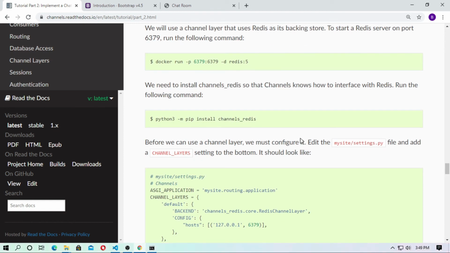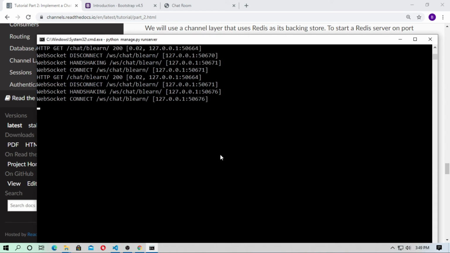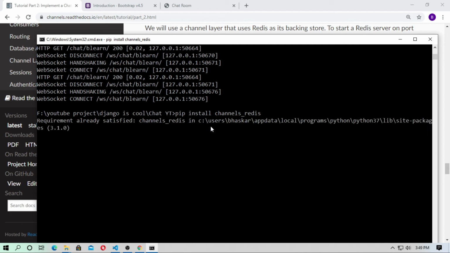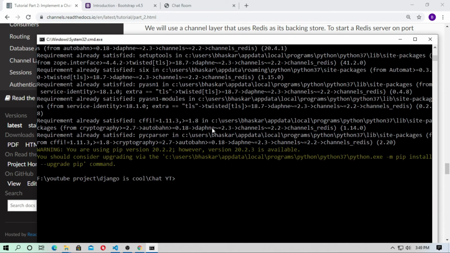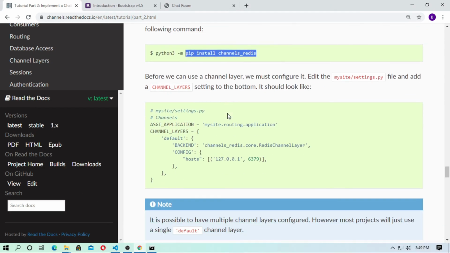At first you have to install channels_redis. Copy it: pip install channels_redis. Now open the CMD and type pip install channels_redis, and install it. Now go to settings.py and add the channel layers.